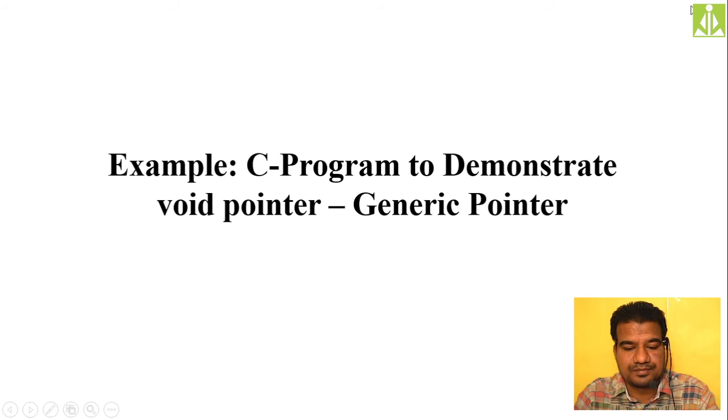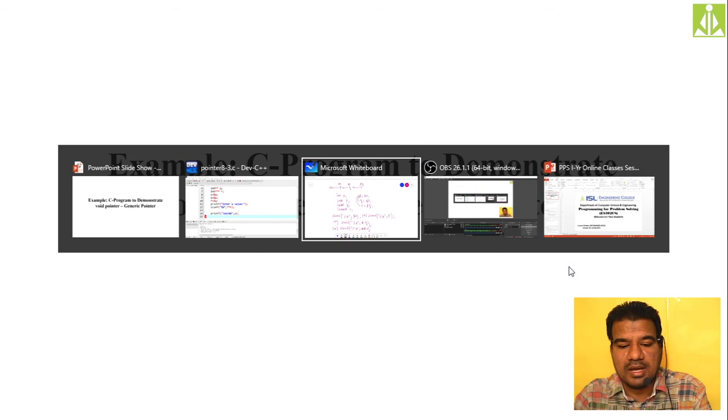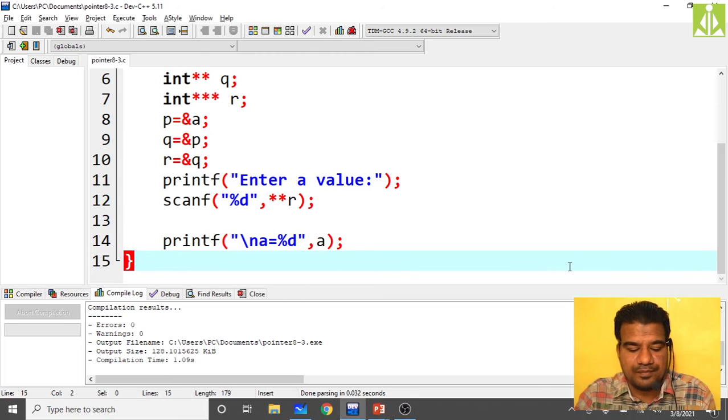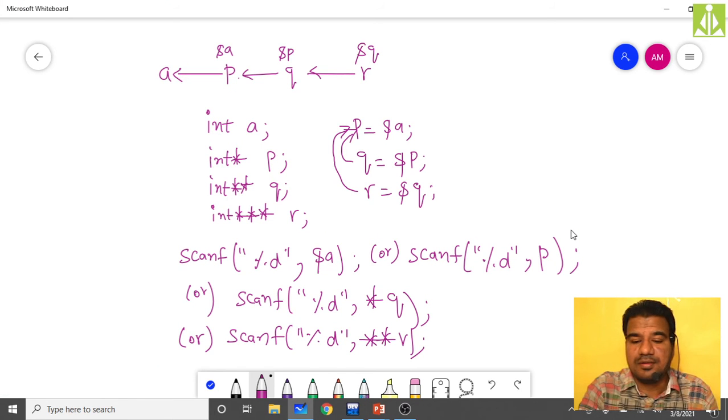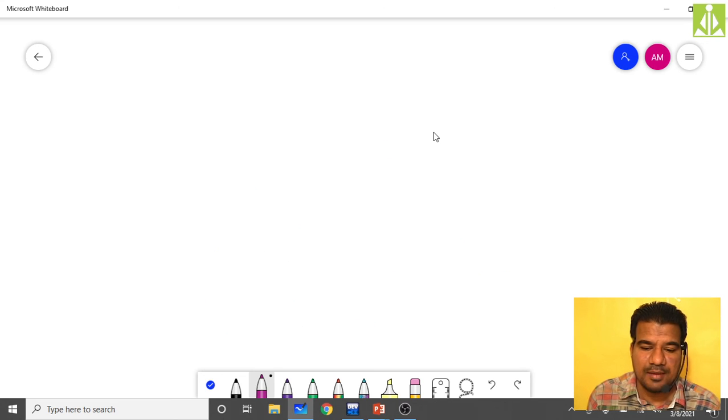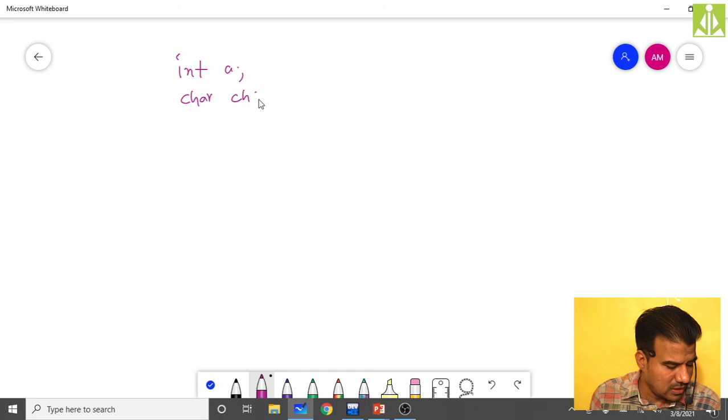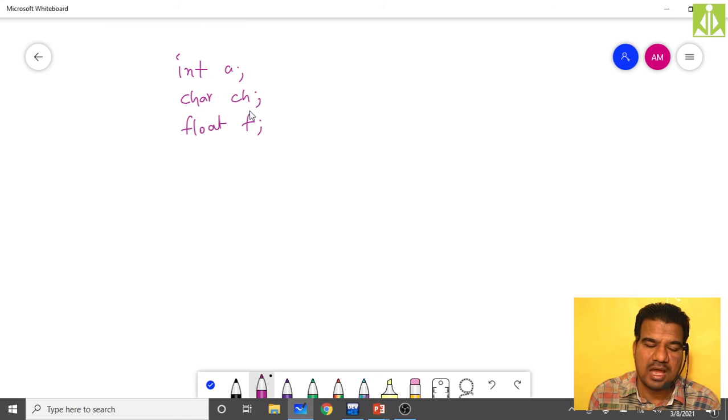So simply, go to my whiteboard to explain the phenomenon. Over here, let us see how we declare the void pointer. If you have an integer variable int a, a character variable char ch, and you also have a float variable float f, now three variables, and all these variables have memory locations, and all those memory locations will have addresses.